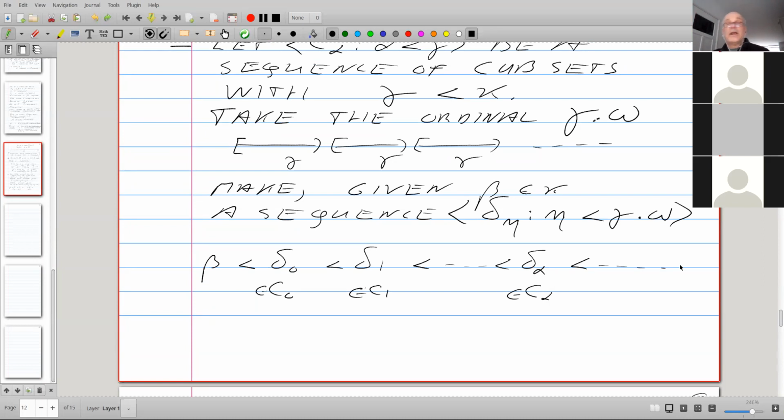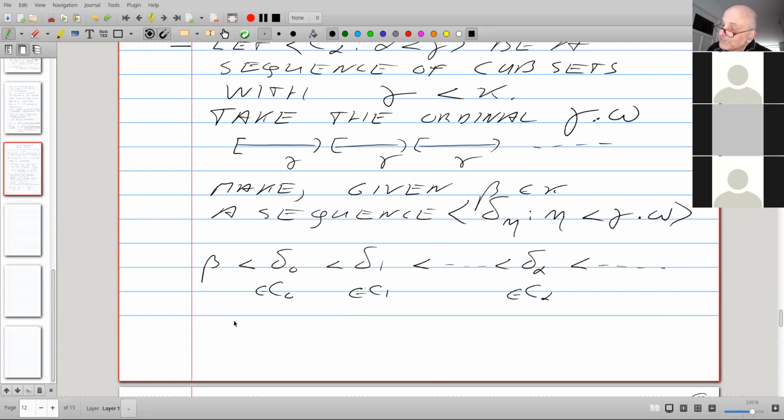For every alpha less than gamma, we do this. We can keep on doing this because our sequence is never cofinal in kappa, because kappa is regular, uncountable, and bigger than gamma. So whenever I meet a limit here, I can always go a bit up and still stay below kappa and find something in the closed unbounded set C alpha.